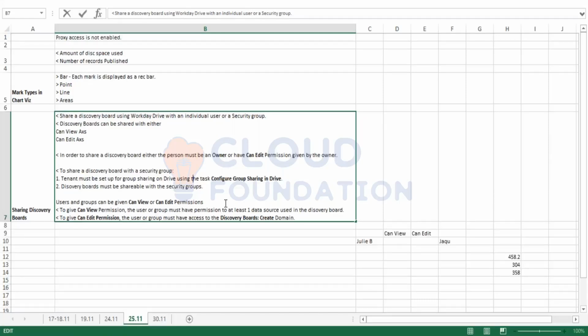Exactly the same concept. Even though I can give everyone access to create discovery boards, they would only be able to create visualizations based on the business objects they have access to, based on the data sources they have access to, and within